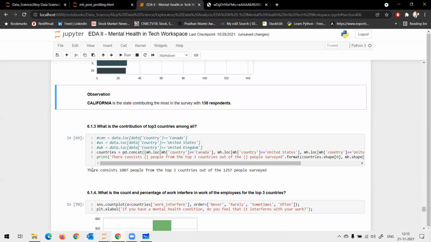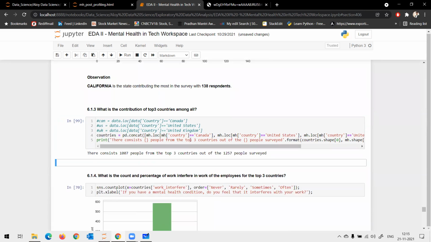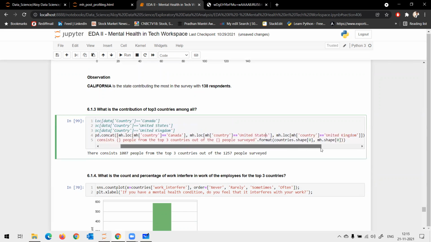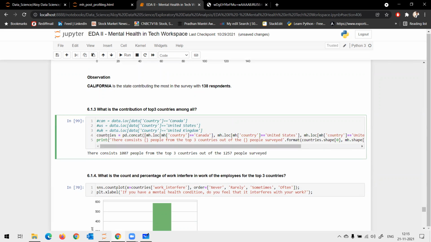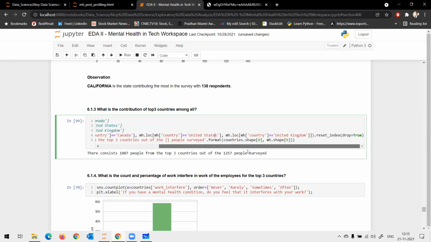Okay. Now I can see the distribution of first world countries. That is, I take Canada, United States, and United Kingdom, and I concat them into a different data set.